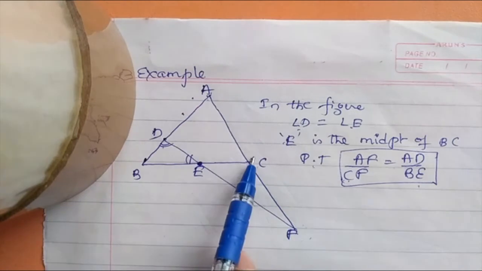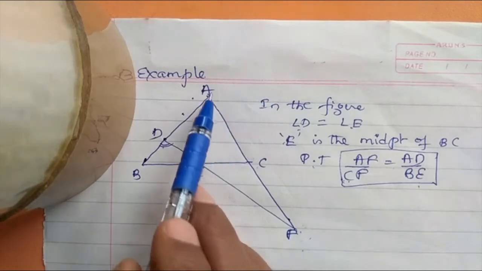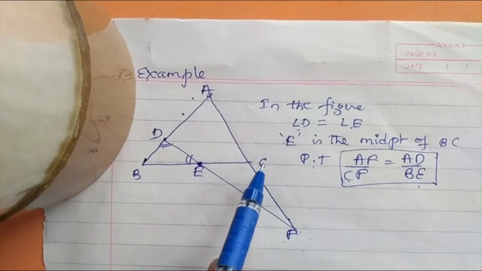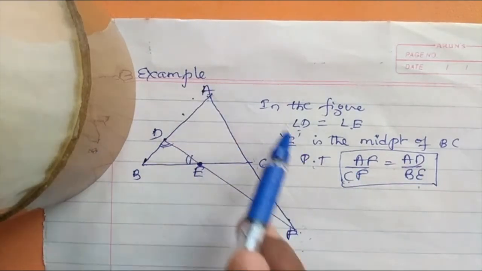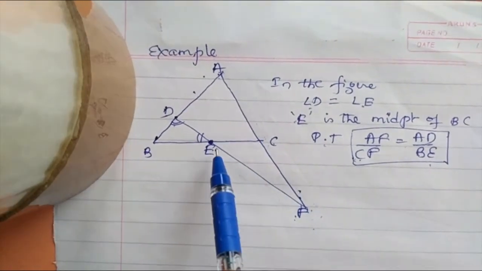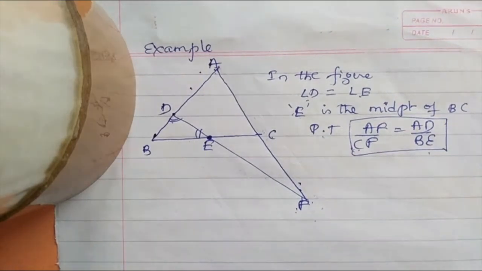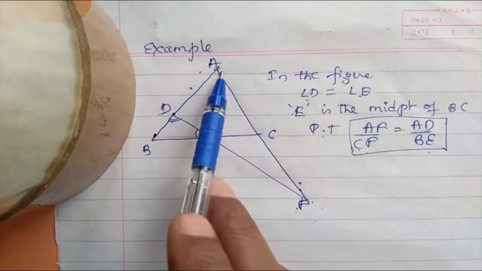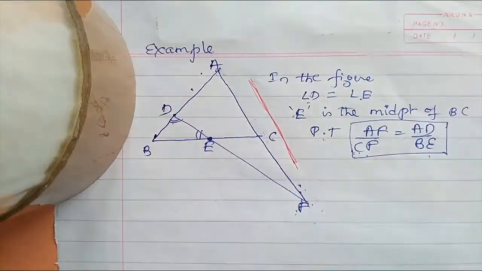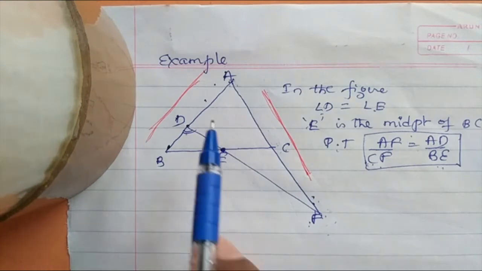Look at AF by CF. AF is the full, the top is AC, and the bottom is CF. They have followed AF as full and the bottom. We'll follow the same thing. But the problem is, which triangle should be taken? Here there are no parallel lines given. AF and CF belong to this part, and AD and BE belong to this part. So including these two parts,